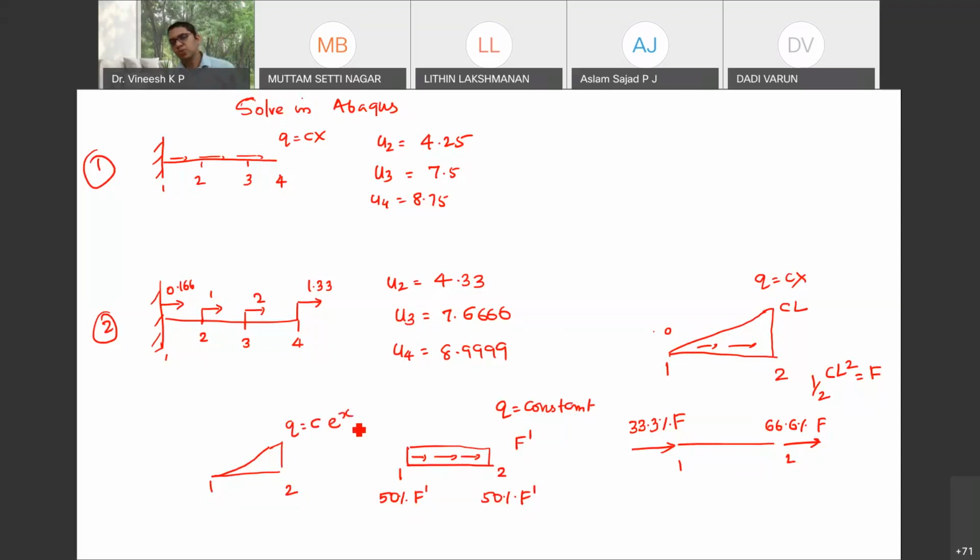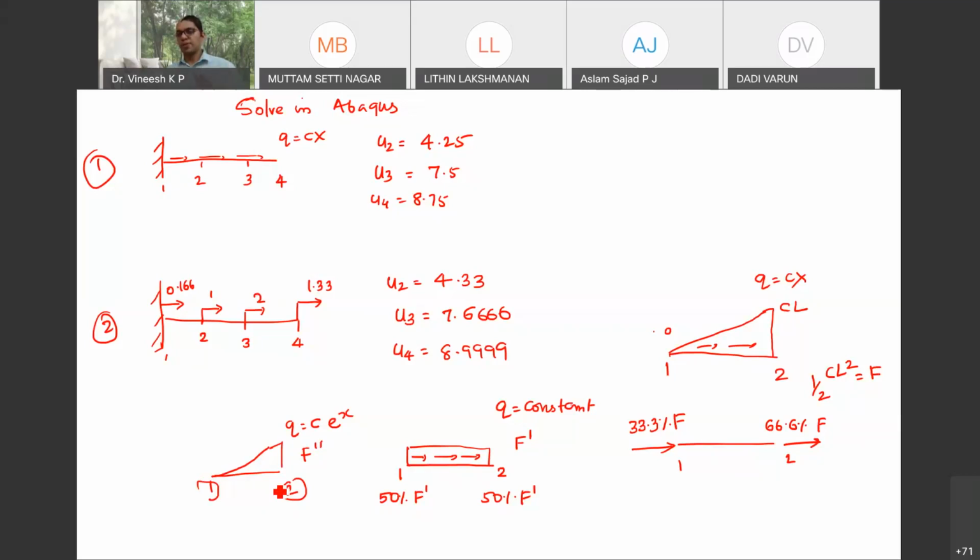Then also you have to derive it and find out, let's say this is F double dash, what is some percentage, even I do not know now. We have to do the formulation. Some percentage will be distributed on the first node and some percentage on the second node. What is your conclusion? Depending on the load intensity on the element,